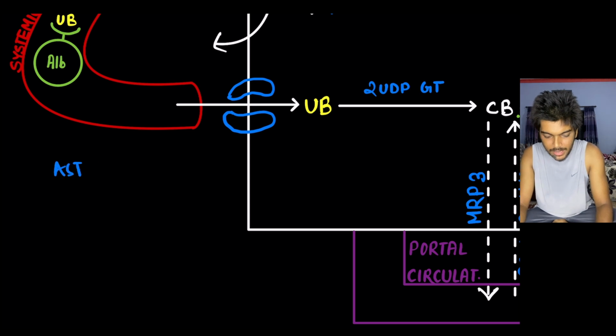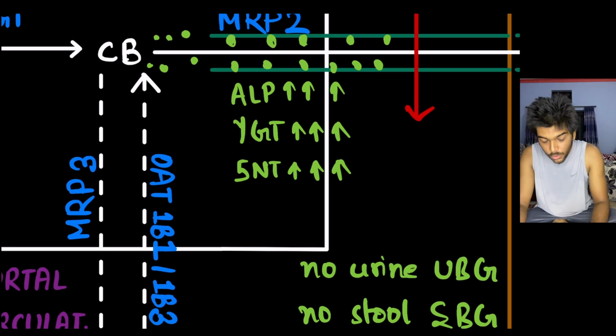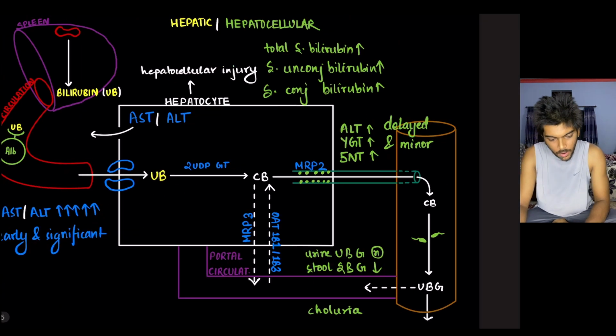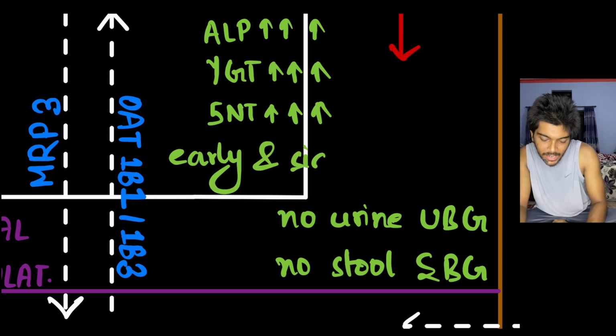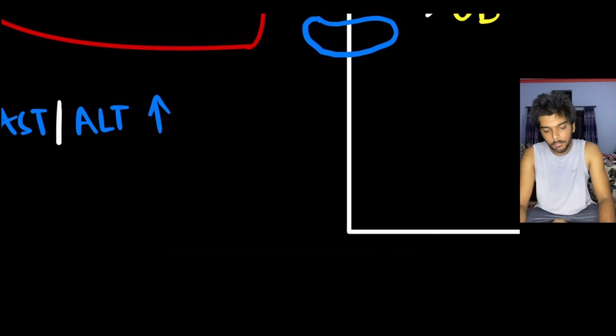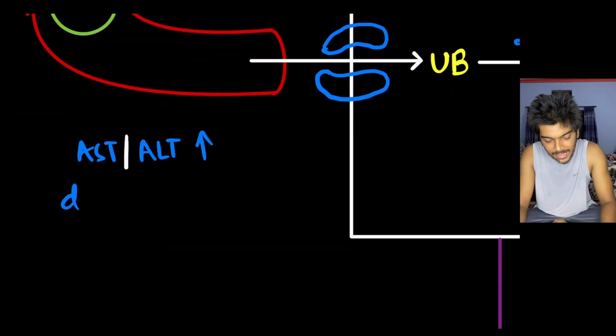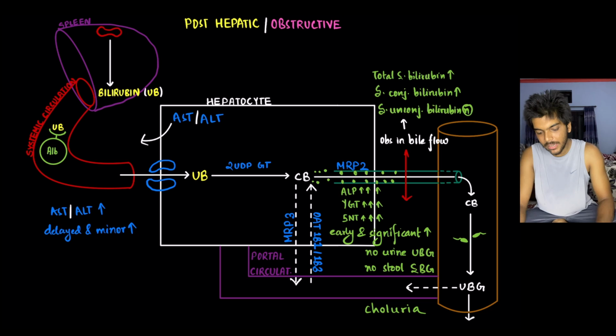So there is going to be a rise in AST and ALT, but the rise is not significant and occurs later. So again, first, an early and significant rise is that of the biliary canalicular enzymes, but a late, delayed and minor rise is that of the hepatocytic enzymes